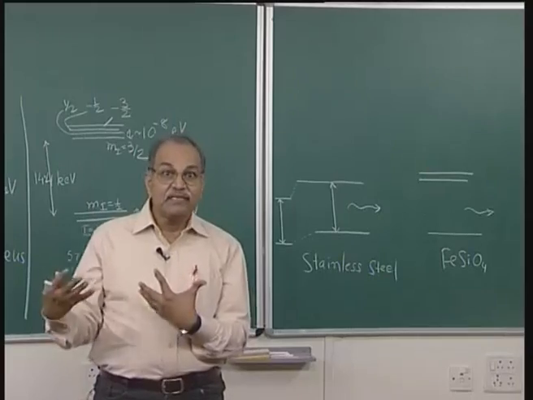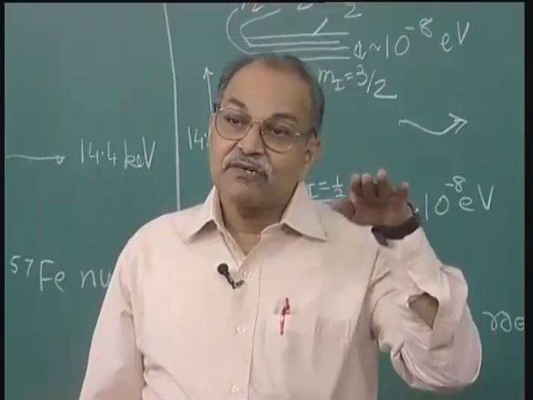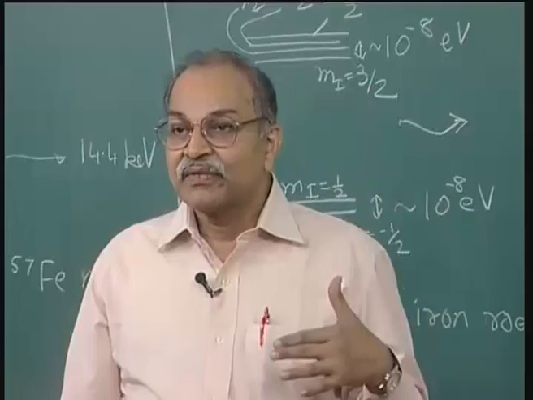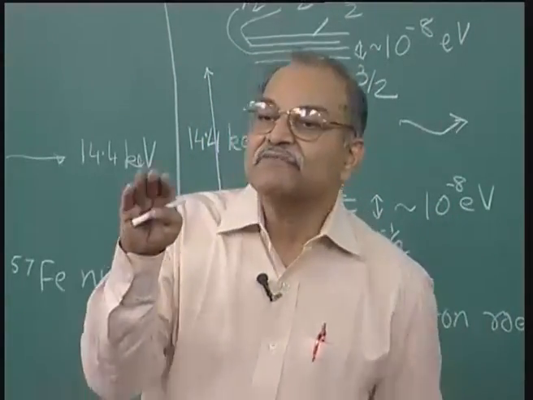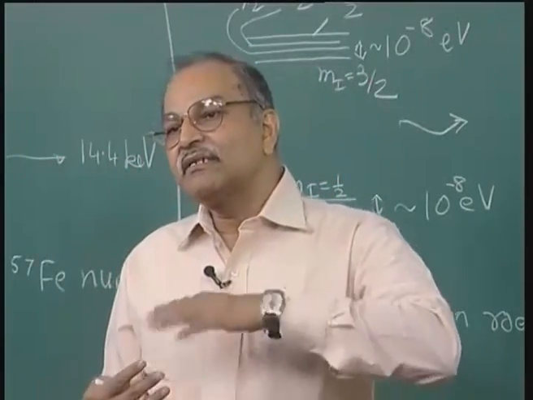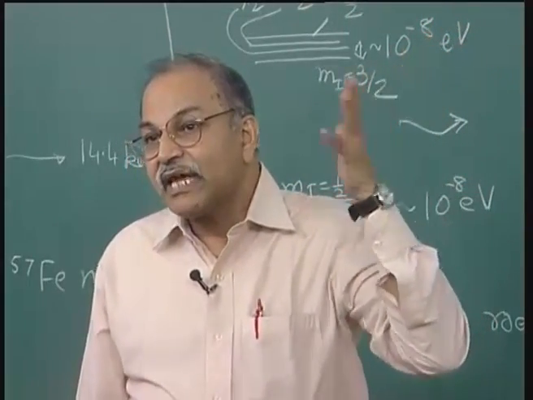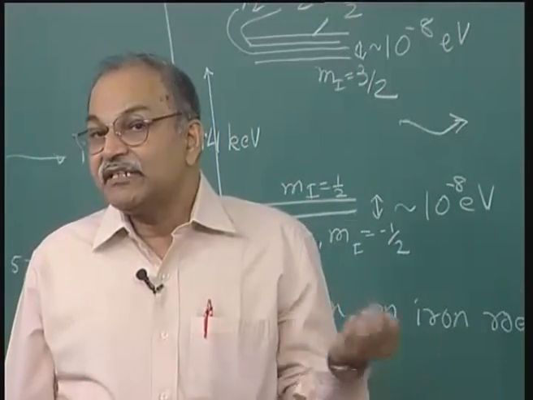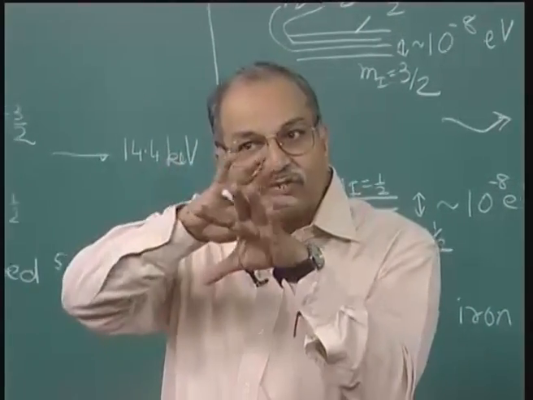Maybe there is a splitting: I have some gamma rays of one energy, some gamma rays of another energy, but the difference is only of the type 10 to the power minus 8 electron volts. So, in 14.4 kilo electron volt, a difference of 10 to the power minus 8 electron volts is say 1 part in 10 to the power 11 or 12. So, with this accuracy, if we can measure these changes, then we can gain insight about that atomic or solid